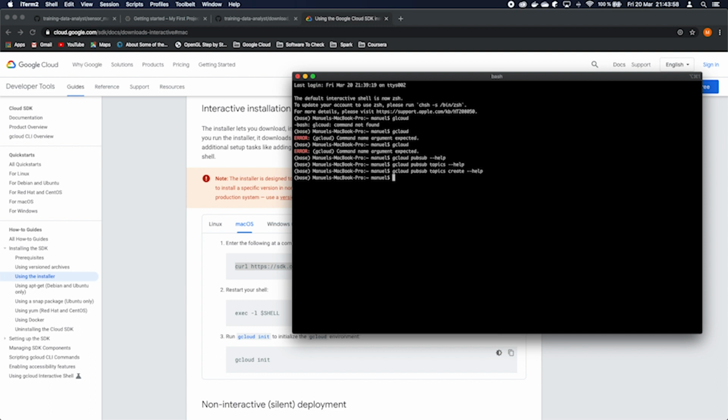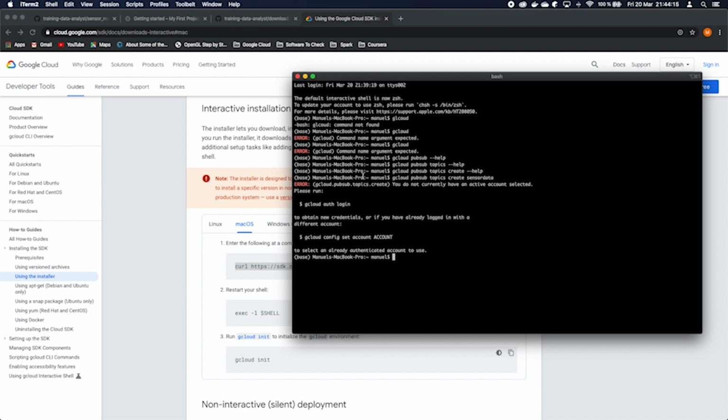Now if you execute this command, and we will call it sensor data, as you can see we have a problem because we have no active account selected, and it says that we can run gcloud auth login in order to do this.